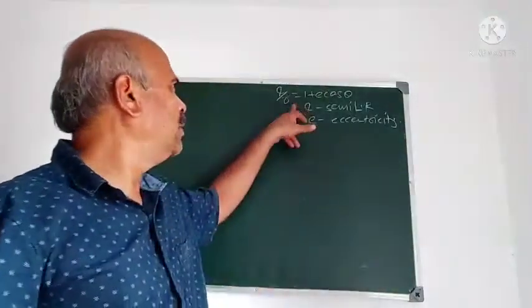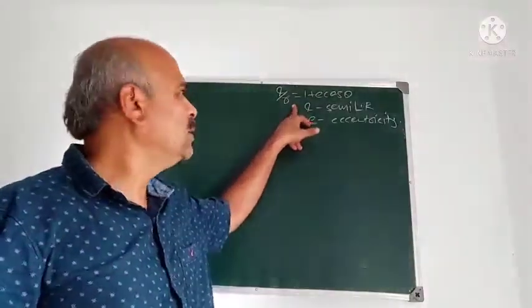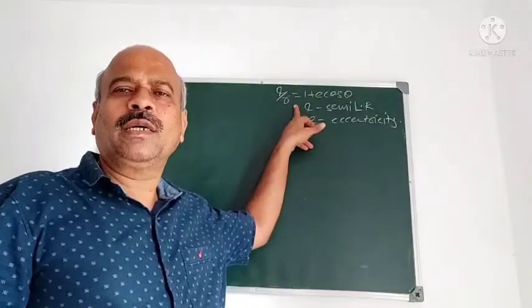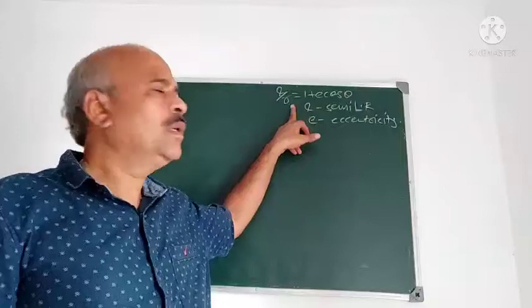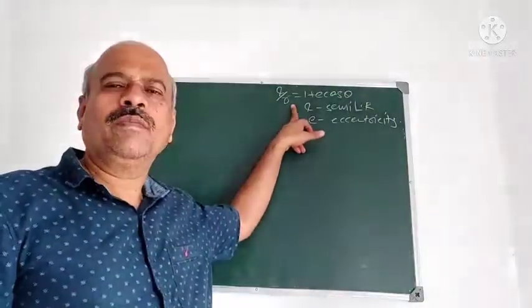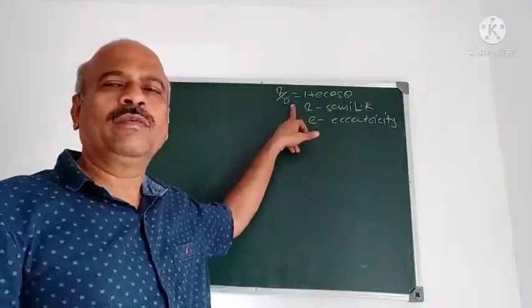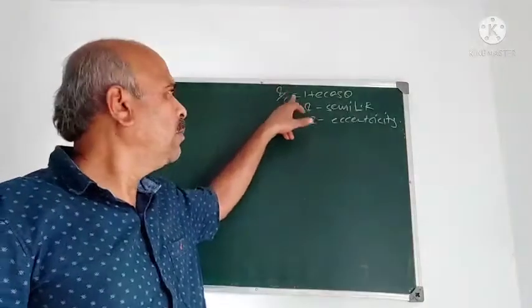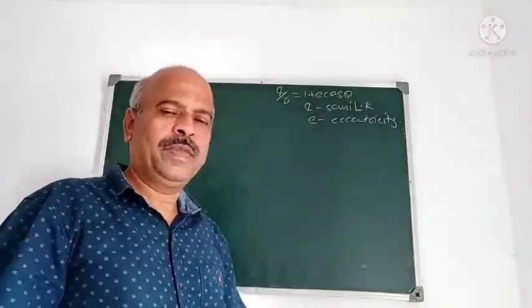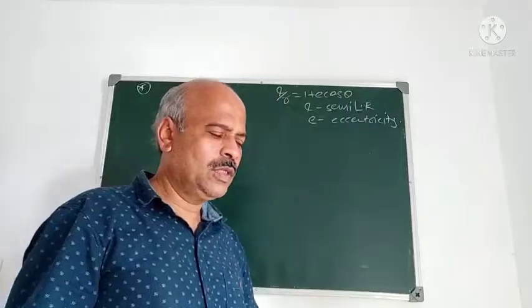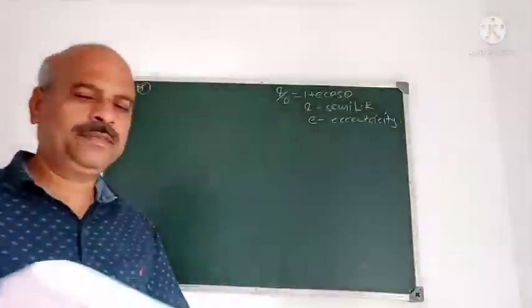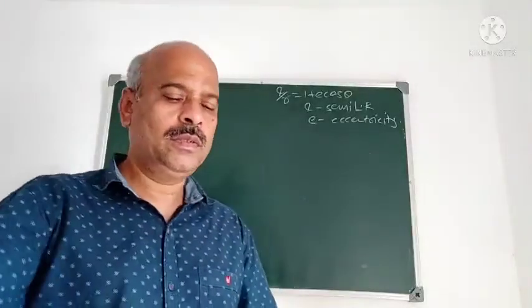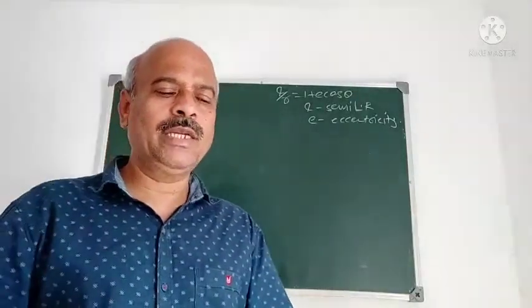The derivation is important. Usually this derivation is common in every examination if the polar equation of the conic is in the syllabus. What is the question? Derive the polar equation of the conic in the form L by R is 1 plus E cos theta. I have solved some problems on this already. See, more problems on this. First, you take this problem, I will dictate.